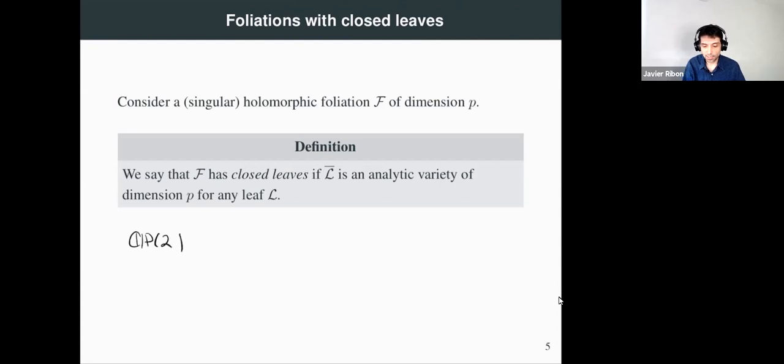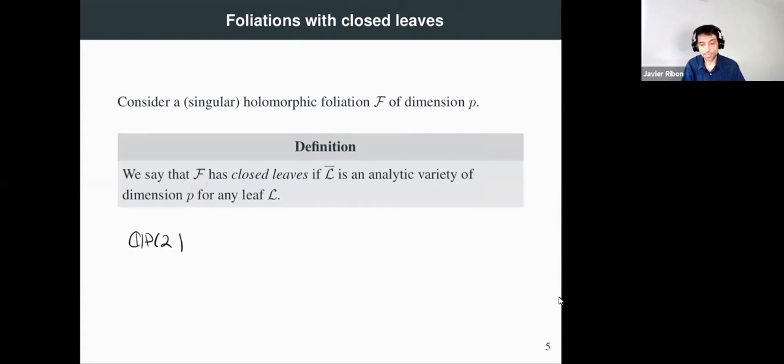So in particular, if you consider as a definition that all leaves are closed, this definition could be empty for the case of CP2. So in order to consider a little bit more inclusive definition, we are going to say